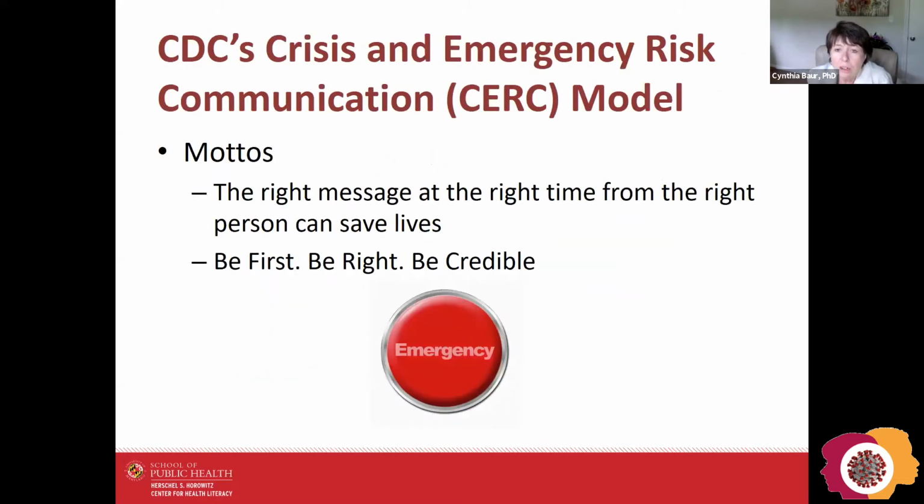So now I'm going to turn to this model that was developed through academic research and a lot of practical experience, but CDC codified it as something called the CERC model, Crisis and Emergency Risk Communication. And there's two mottos when it comes to CERC. First, that you are focused on delivering the right message at the right time from the right person in order to save lives, right? So this notion that the information that you give people, the timing of when you give